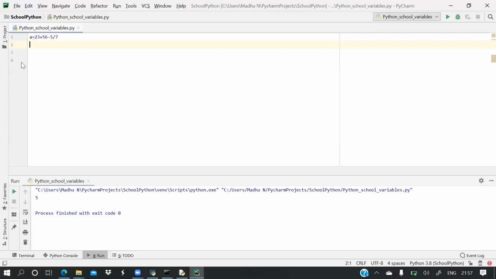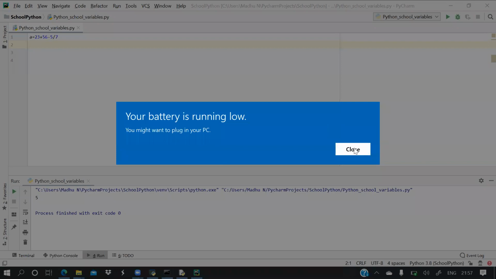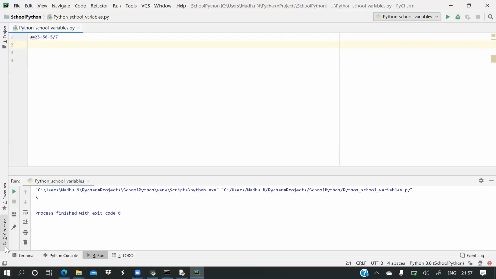First 5 by 7 will be evaluated, and then addition, then subtraction will be evaluated. Now see this answer.